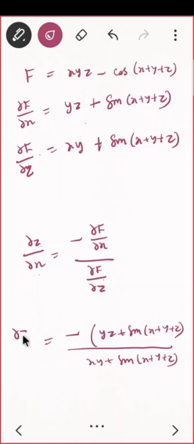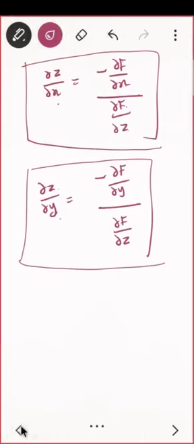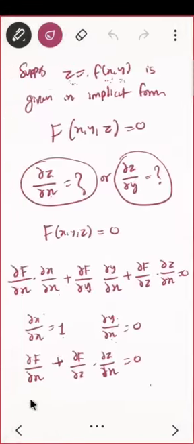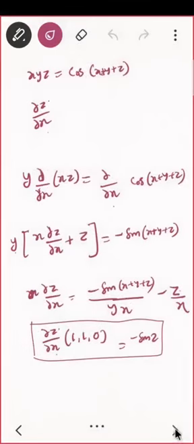So this is dou z by dou x, so it is easy to find with this method. If your function is in this form and in the question they are asking this, that is z equal to in terms of x and y, and then you want to find dou z by dou x or dou z by dou y, so better to use this, it will be a quick way to do. Dou z by dou x will be minus of dou f by dou x, dou f by dou z, dou z by dou y will be minus of dou f by dou y, dou f by dou z, that's it. Correct?